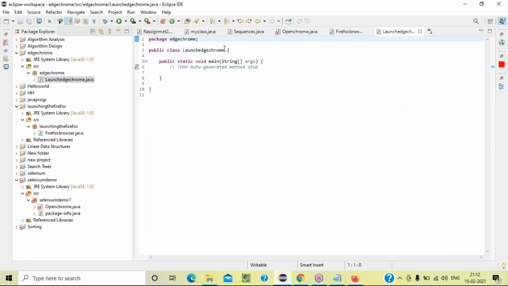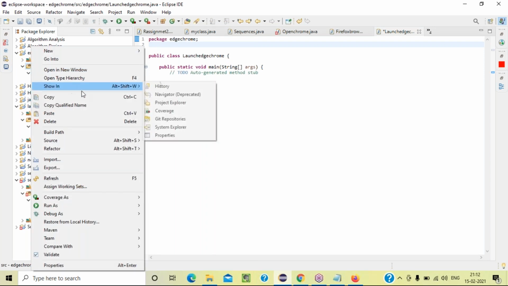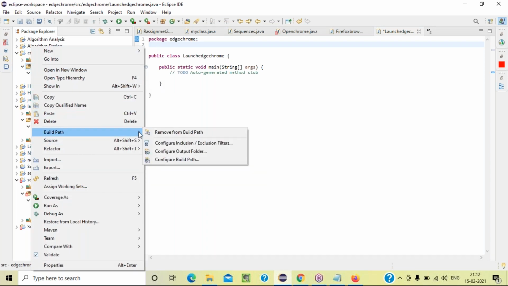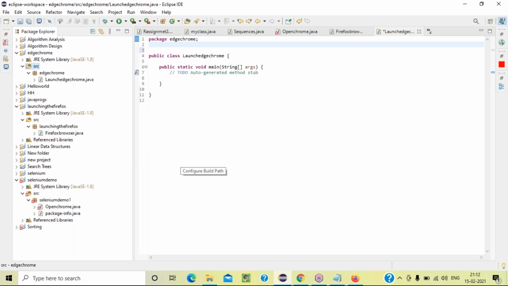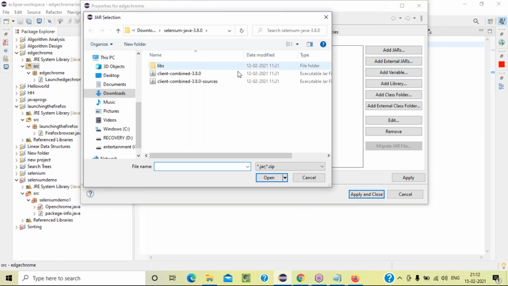Now if you write import, will it work or not? It won't work. You need to add the jar files. Yes, absolutely, good. Build path, configure build path. Remember, guys, whenever you create a project, you need to add jar files in that project. In a project, you can create multiple classes. For those classes, you don't need to add the jar files again. Only for the project you need to add.